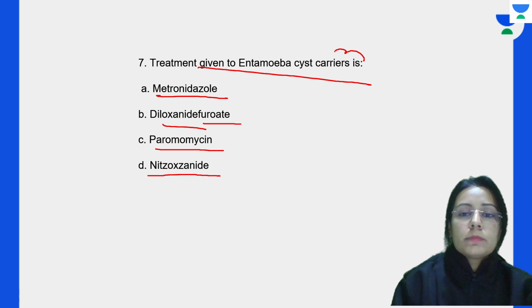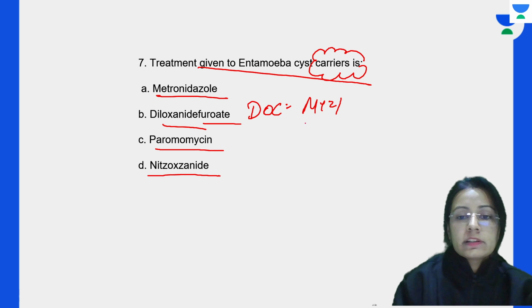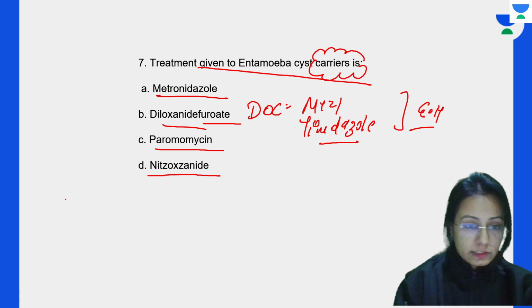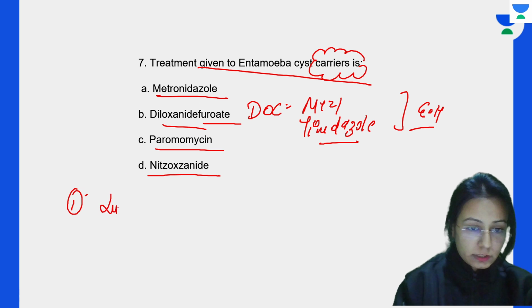Now here we are talking about the carriers. Although the drugs of choice are metronidazole and tinidazole for Entamoeba histolytica, we are talking about the carriers. For the carriers, we give the luminal agents. We give the luminal agents, that is the